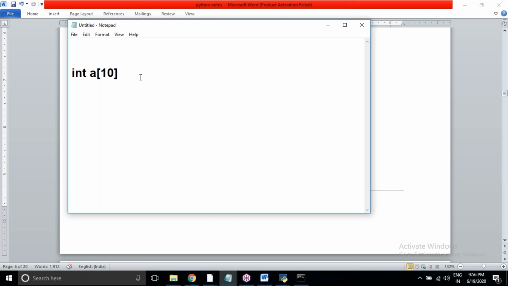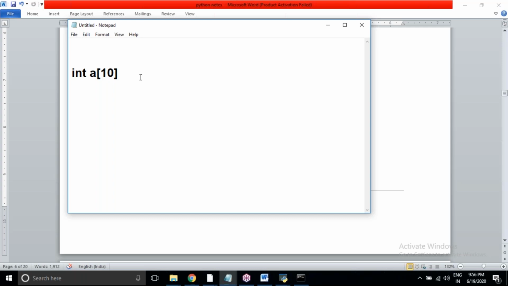So that's why we go for advanced modules like NumPy, SciPy, pandas, and matplotlib. When we are using NumPy, pandas and so on, we can work with single dimensional, two-dimensional, and multi-dimensional arrays.